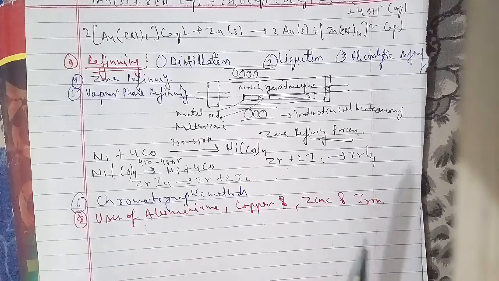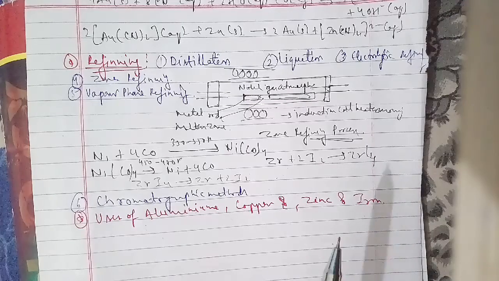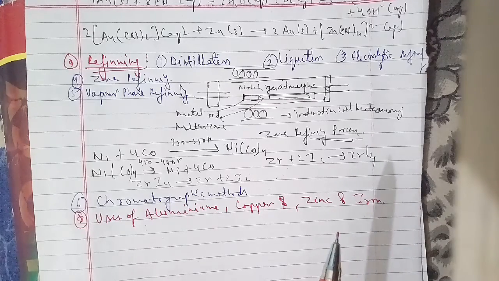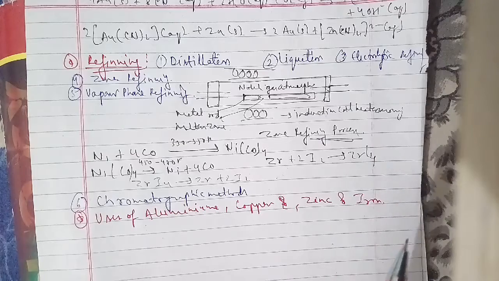What is the role of the graphite rod in the electrometallurgy of aluminium? Outline the principles of refining of metals by the following methods: zone refining, electrolytic refining, and vapor phase refining. Predict the conditions under which Al might be expected to reduce MgO. You have to answer these, and we will discuss them